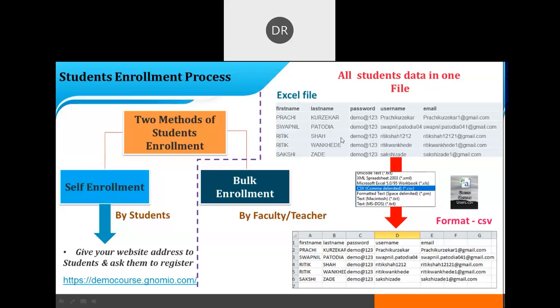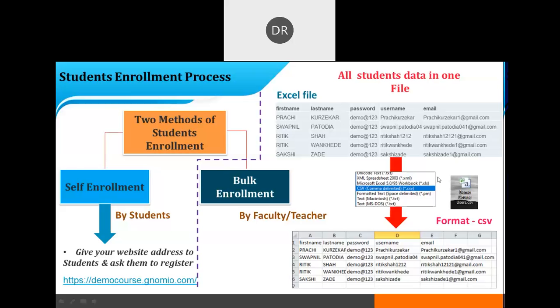So, on the Excel side, go back to the Excel file and click on Save As. When you scroll down, you will find CSV comma delimited. So you have to select this option, and you will find this type of icon. This is called a .csv file, because Moodle accepts only CSV files, not Excel files. But in offline mode, you can create the data of the students in an Excel file, because we are very comfortable creating the data in Excel. Then convert that file into a CSV file.